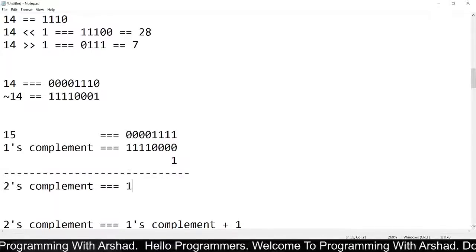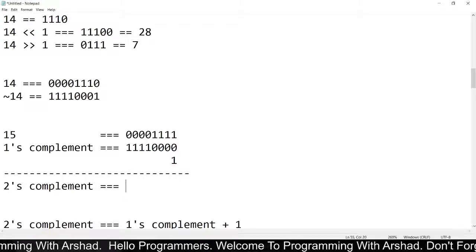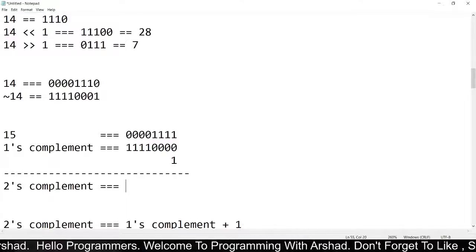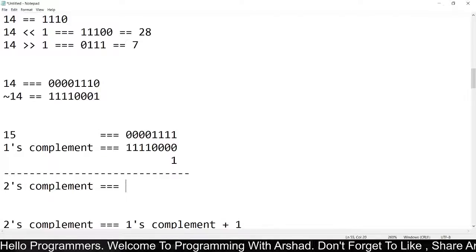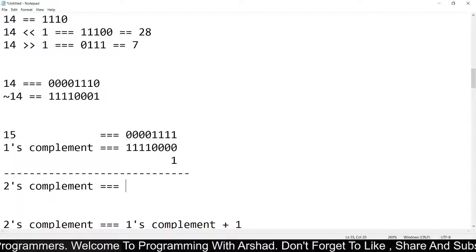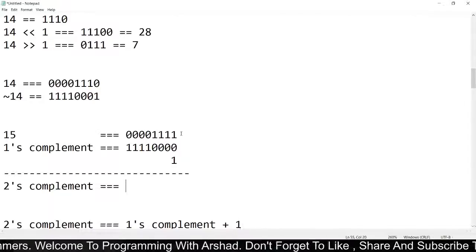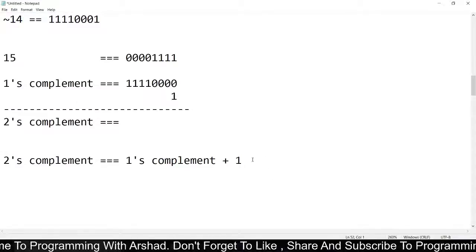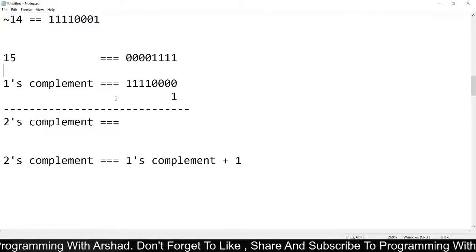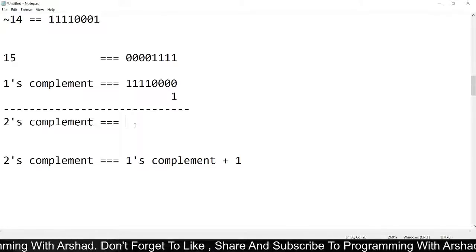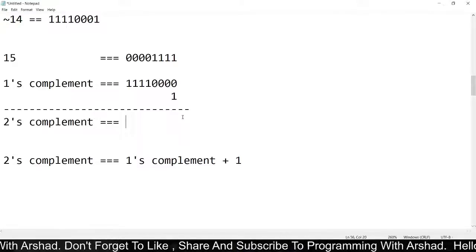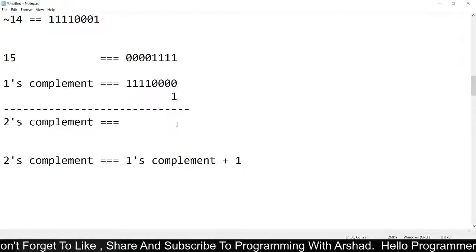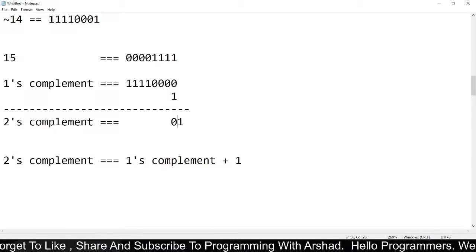Now we know that 0 plus 1 is 1. Here I am adding the 1's complement with 1, so I will get 1 in the first case, and then in this case I will get 0, and in this case also.